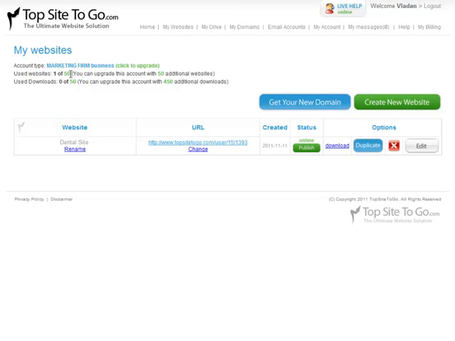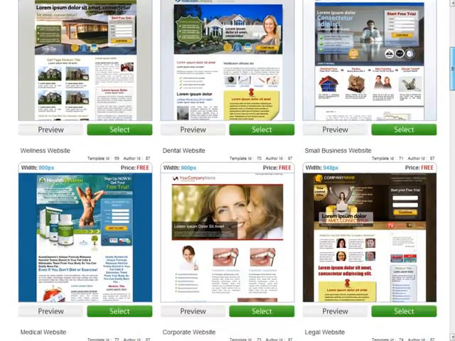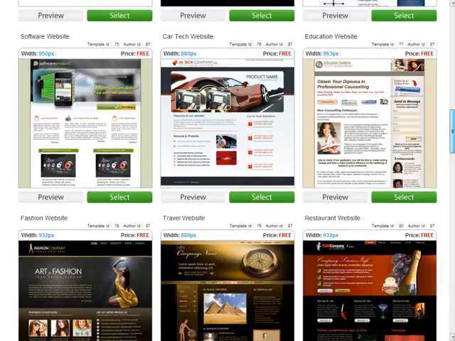If you don't have, you would have to upgrade your TopSiteToGo account. Now, if you have enough hosting spots, obviously I have here, because my marketing for business account is capable of taking 50 websites and I have only one spot occupied. So I'll click the create new website button, and it leads me to the template selection